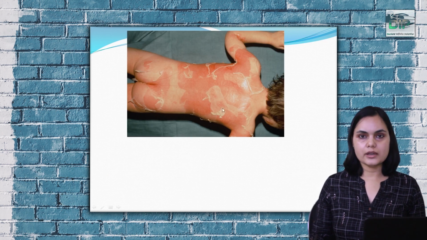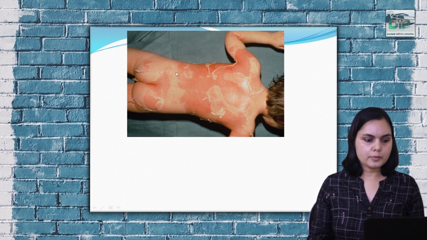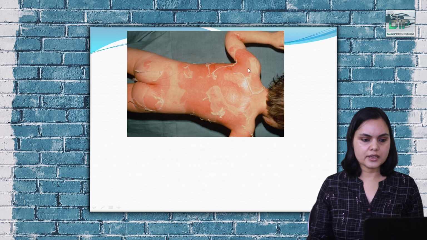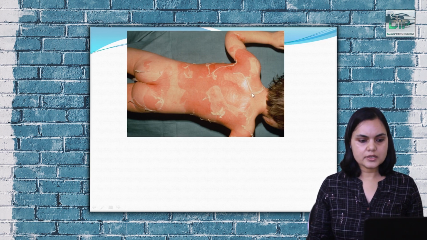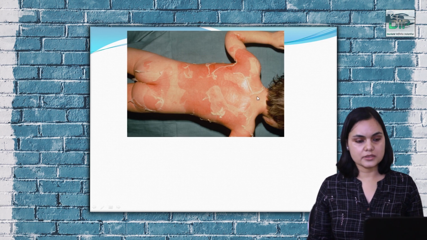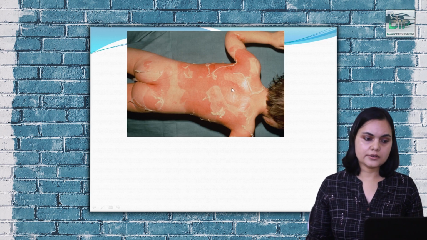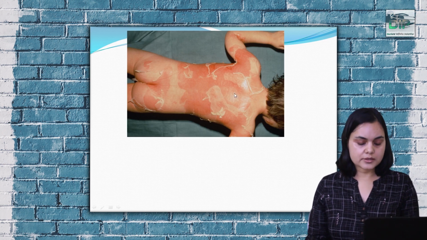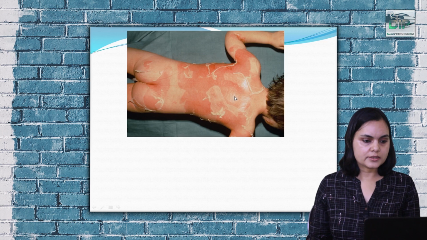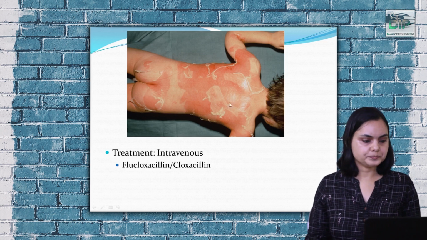So this is a picture of staphylococcal scalded skin syndrome. Here we can appreciate an erythematous sheet-like area in the child. There are many sheet-like areas. This is one. Similarly, this is a huge one. Similarly, other multiple focal areas are there, and we can appreciate peeling of skin, like here, larger scales. This is a characteristic presentation of staphylococcal scalded skin syndrome, and I'd like to repeat, these lesions are very tender. This is how we will be able to identify this condition, and the child will be febrile and irritable.